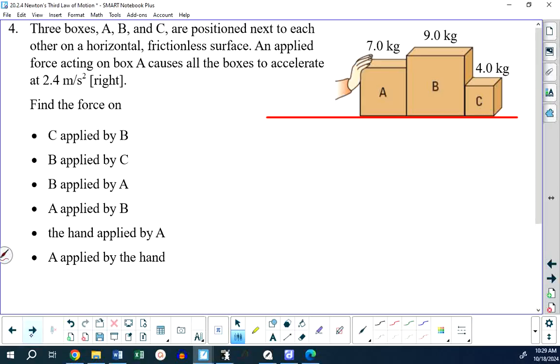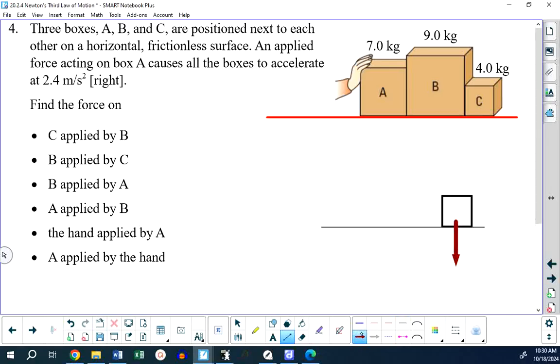What is the force on C applied by B? When you take a look at C in isolation, we're getting into some pretty complicated things. What are all of the forces acting on C? So let's get something out of the way right now so we don't have to keep repeating it. Is there a force of gravity on C? Yes. Is there an equal but opposite force on C, which we call